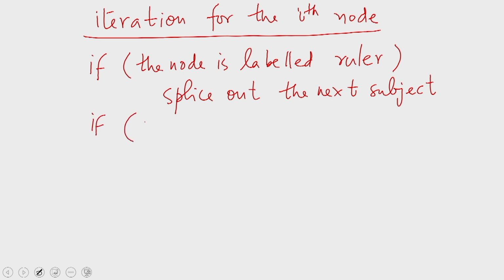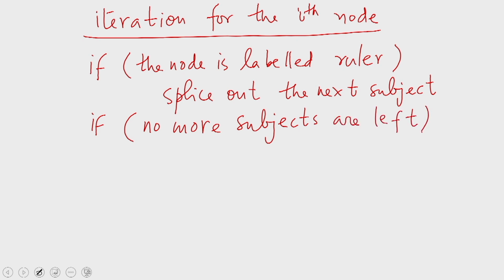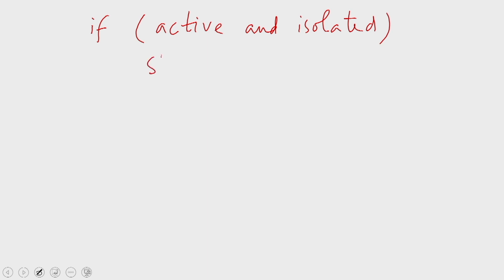If no more subjects are left, the node turns active. If a node is active and isolated, it will splice itself out